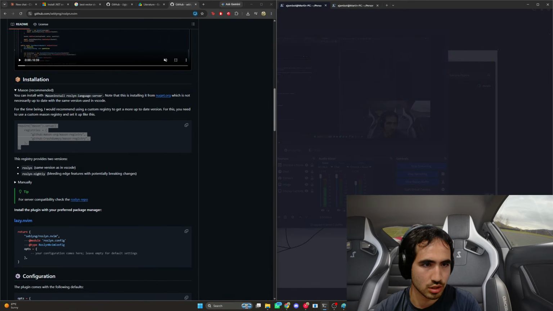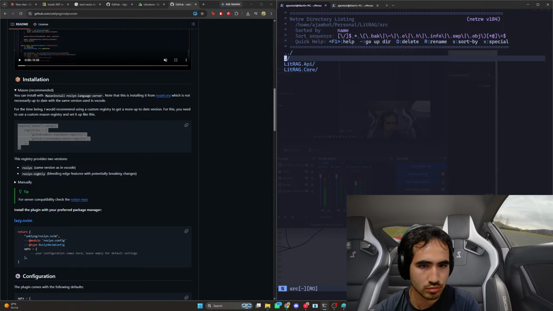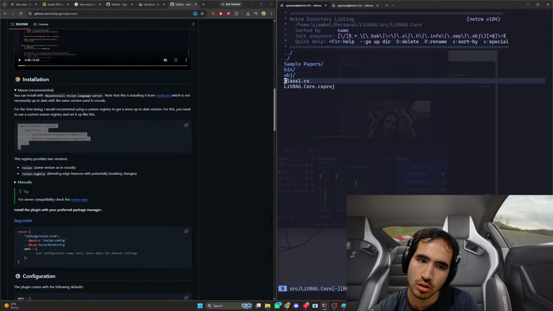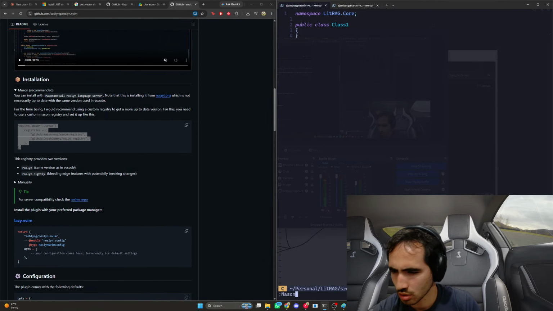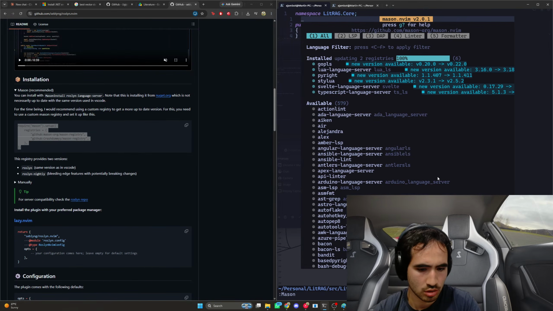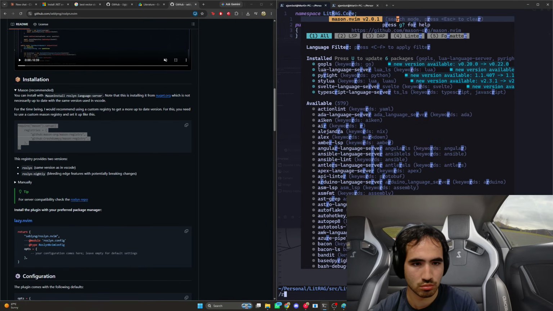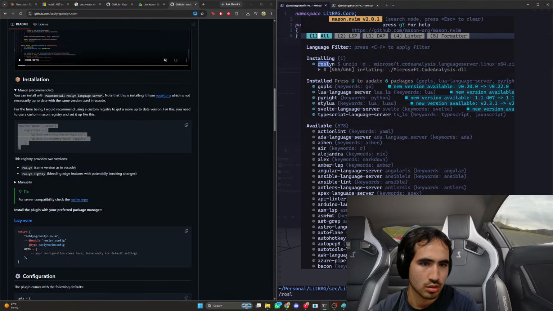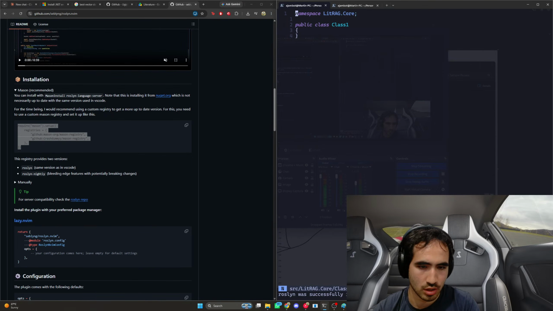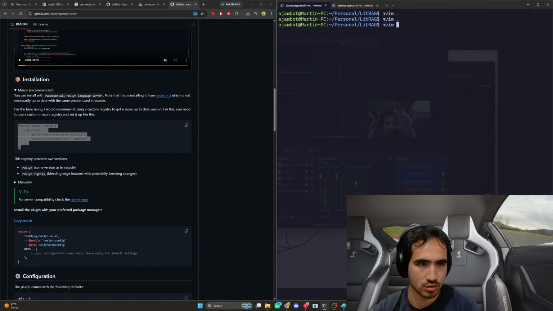Okay, and then reset Neovim. For the core. Okay, now I actually need to install Roslyn, which is this one, which is the same version as VS Code. Okay, and now we exit, we go back in,